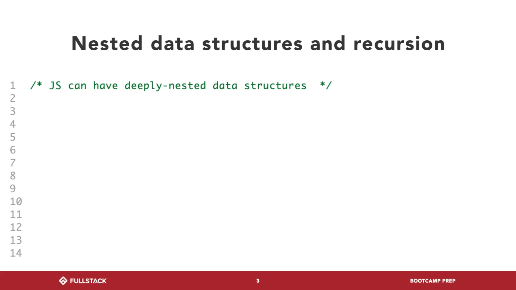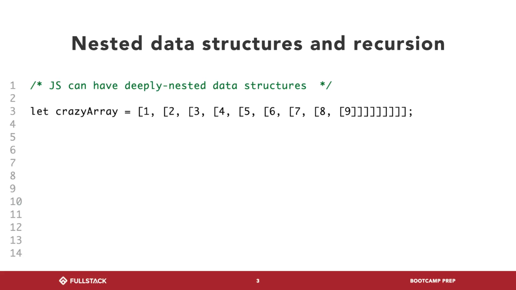So here's where it comes down to something like nested data structures. In one of the earlier workshops, I think it was on arrays, someone asked me: we assume that if everything in an array is a number, I can process it. If everything in an array is either a number or an array, I can process it. But what if something in the array is an array, and then something in that array is also an array? That logic can extend infinitely, because we can have infinite levels of nesting for data types.